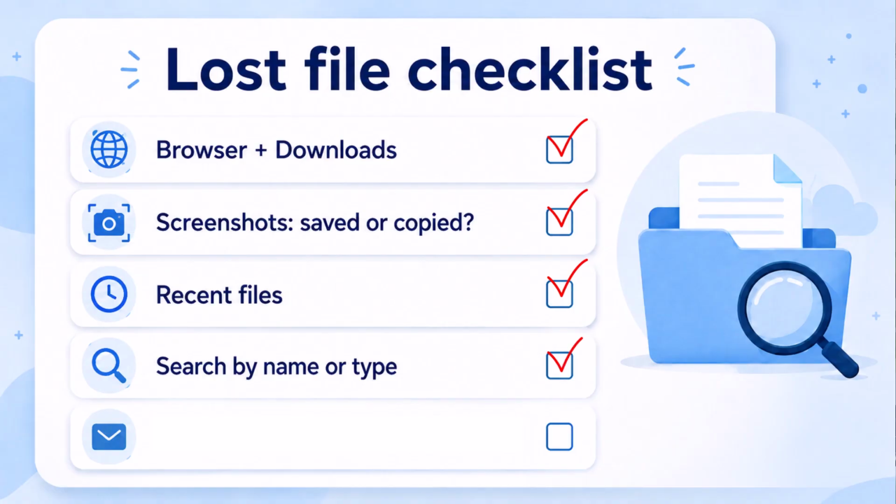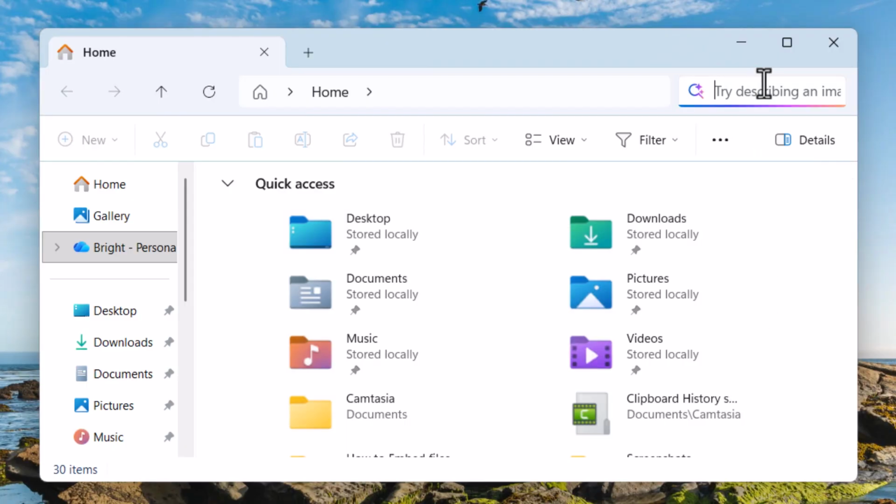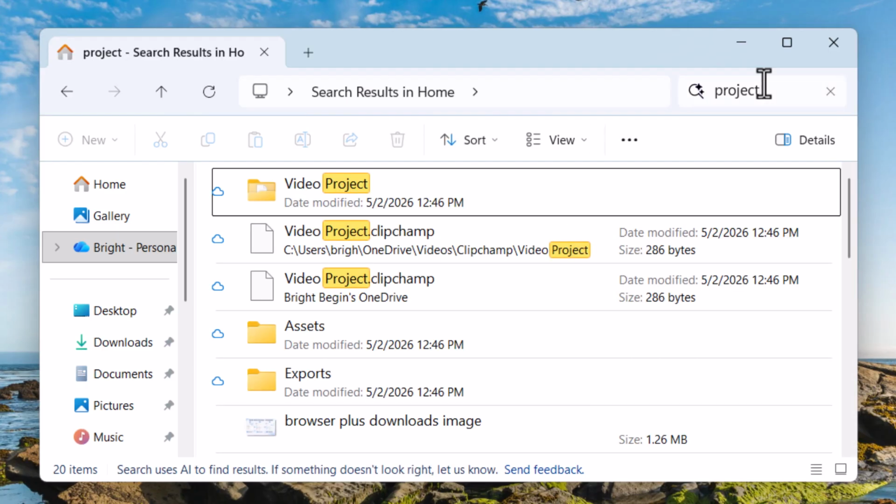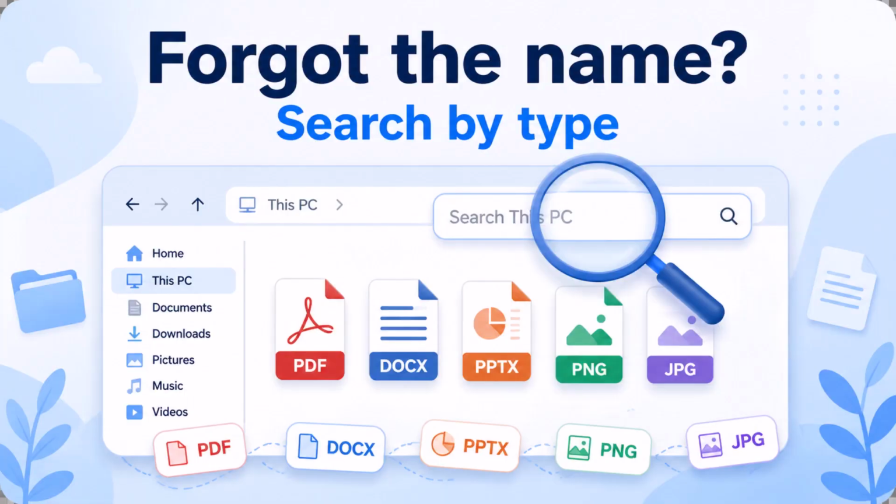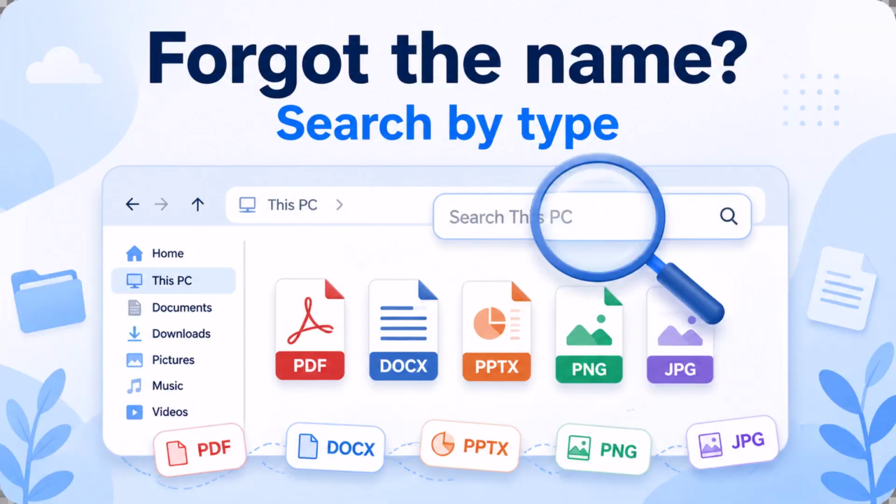Now, if you still can't find it, search from File Explorer. If you remember part of the name, within File Explorer search, you can search for that part. And if you don't remember the name at all, you can search by the type of file. You can try PDF or maybe DOCX. Maybe you want to try PPTX if you had a PowerPoint file, or if you had images, PNG or JPEG. Then what you can do is sort the results by date so that your newer files are the ones that